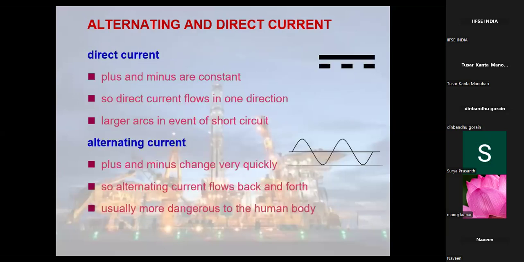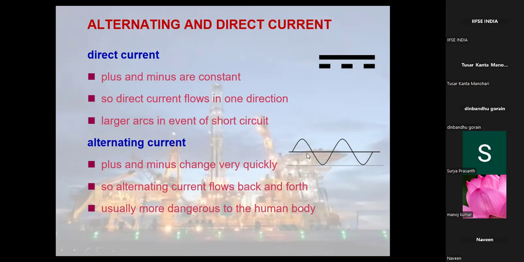Now here we have two types of current, that is direct current and alternating current. Plus and minus are constant in direct current. So the direct current flows in one direction only. Larger arcs occur in the event of a short circuit. Now here, this is the diagrammatic representation for direct or DC currents. Now for